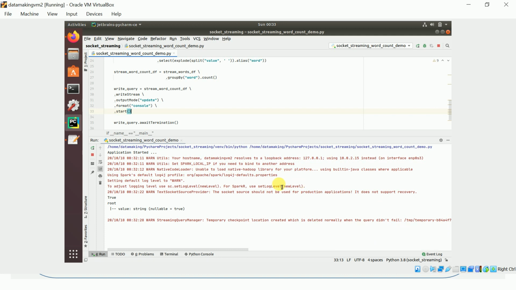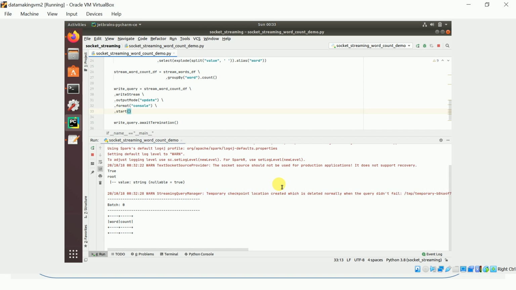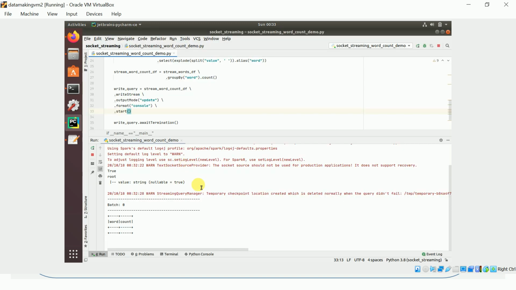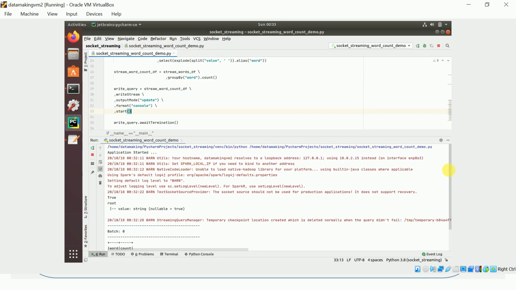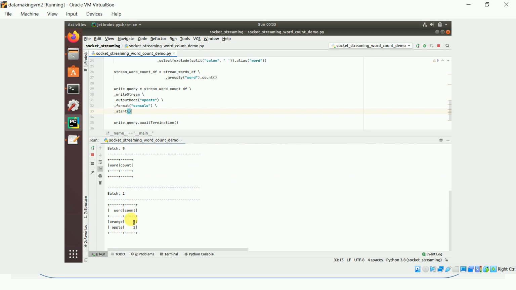Okay, so in the first batch, you'll be seeing the count as apple 2, orange 1.